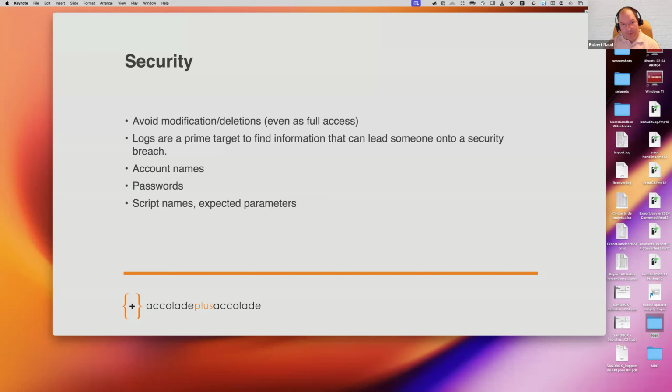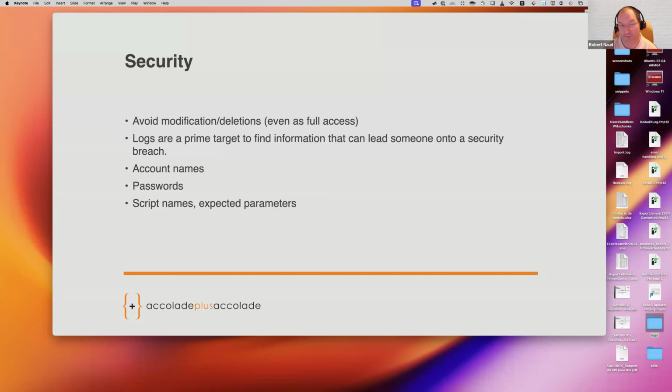And like we said earlier, logs are really a treasure trove of information. So if you have a security breach that involves your log, you're in a bad place, right? So try and secure everything that way, and avoid, obviously, putting in there things that are sensitive. Passwords is an obvious thing, but sometimes some things that we can consider not all that sensitive,